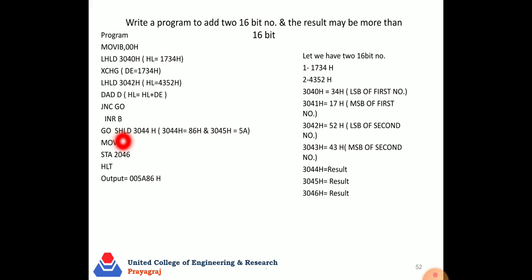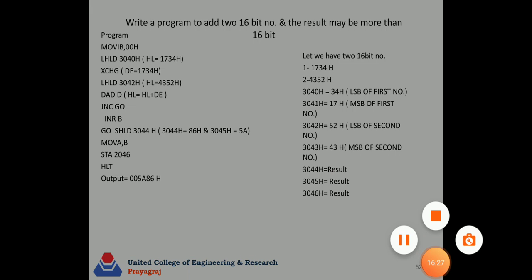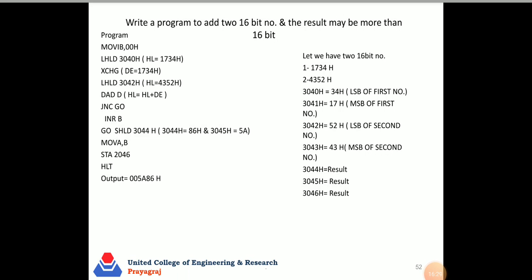So MOV A, B and STA 3046. So we can store the carry flag. It may be 0 or may be 1. So it is all about programming using the jump instruction, and we can write more programs using this instruction.